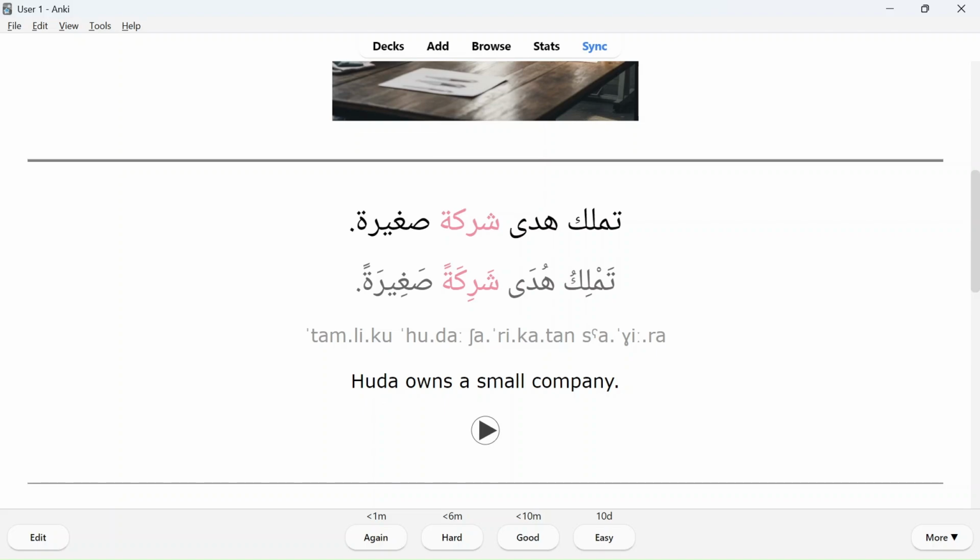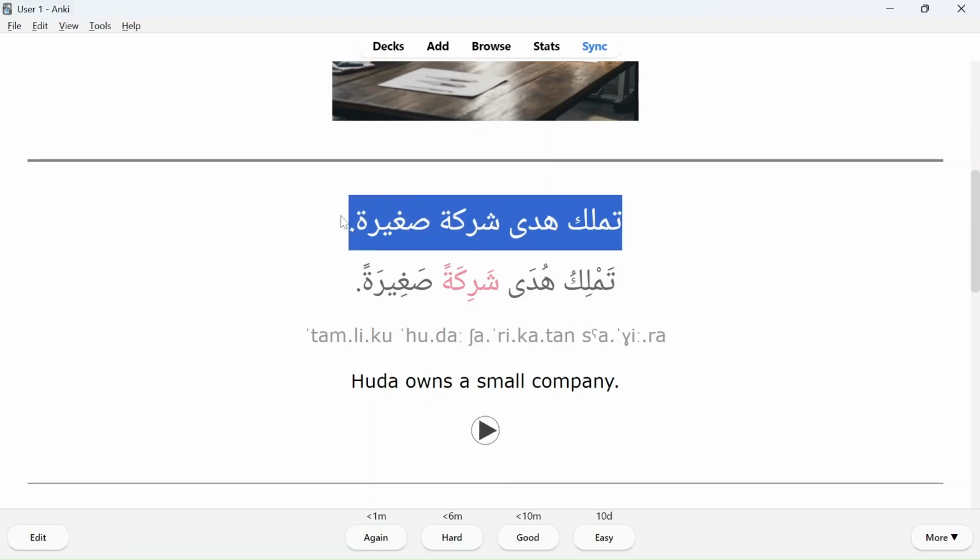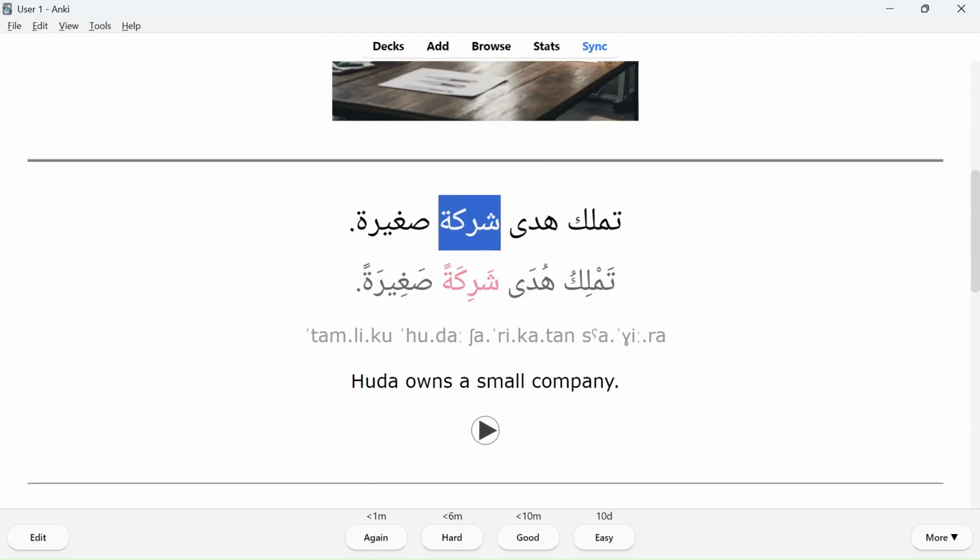Now this is hugely to your advantage because knowing the gender of nouns is very important. It will help you a lot in understanding and using Arabic. Think, for example, when using adjectives. Now, this will help you immediately recognize the gender of the noun. It will make it easier to memorize it and it will make it easier to understand it as well. This is hugely to your benefit. So, correct answer sentence and with the correct word that we're looking for, bold and in the color pink because